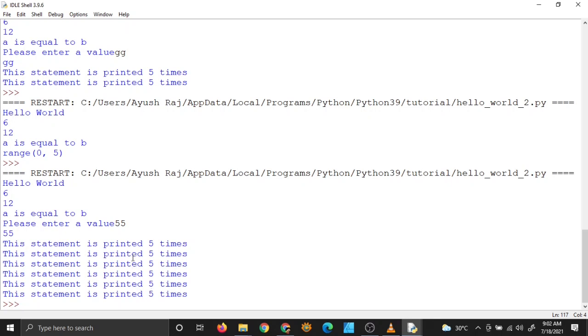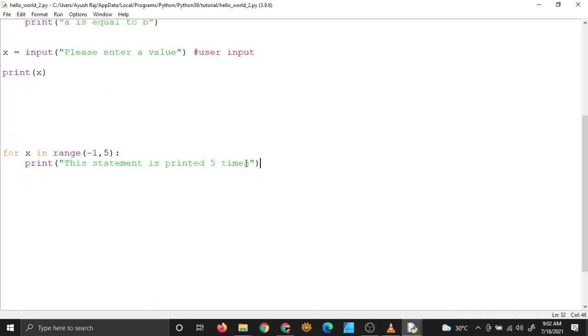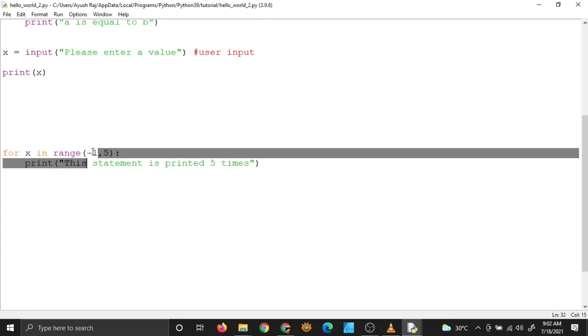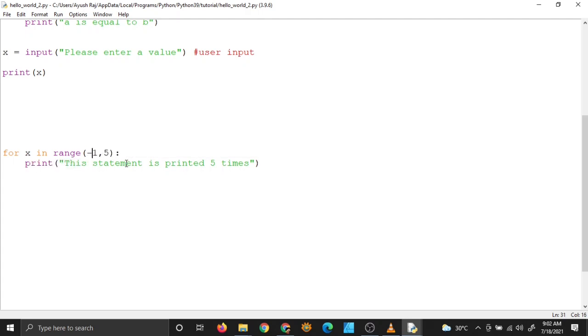Oh yeah, you can see 1, 2, 3, 4, 5, 6. It ran 6 times. So it's pretty good. It's just taking this number and subtracting this number from it, and whatever the result is, it runs the loop that many times. So that's how this loop is working. That's pretty cool.